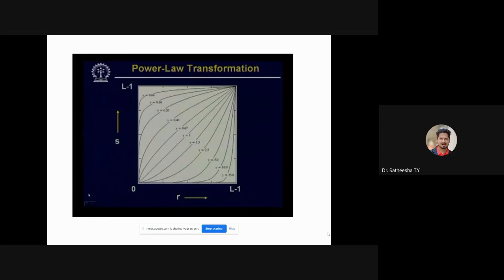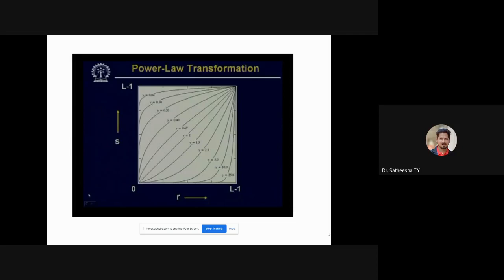Now, for this kind of transformation, the exponent is conventionally represented by the symbol lambda, and that is why this kind of operation or transformation correction is nothing but lambda correction. And this kind of process is used, as I said, for different types of display devices, different types of printing devices, and different types of capturing devices. The reason is all these devices mostly follow these power law transformation characteristics.